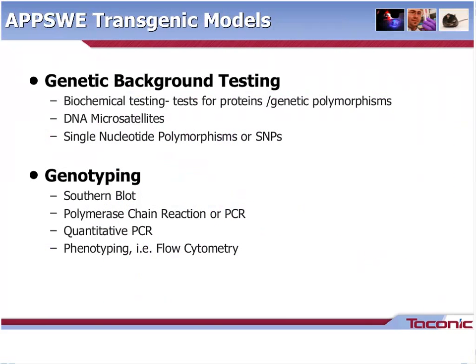So just to finish up my example of the APP3 model, I just want to show you that to make sure that we have good genetic quality on this transgenic model, it's important to have 2 different checks. First, the genetic background, by any of the technologies that we have used, to make sure that we have a clear picture of where we are with our genetic background, and that indeed, if it is in a 129/B6 background, that it really is in that background,